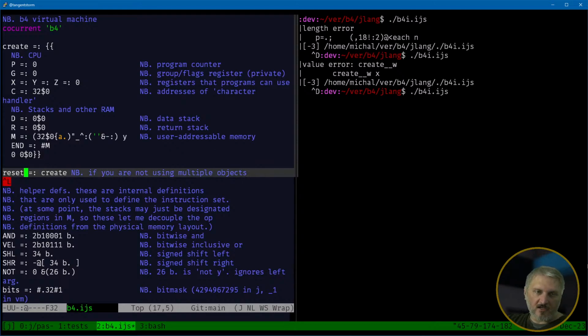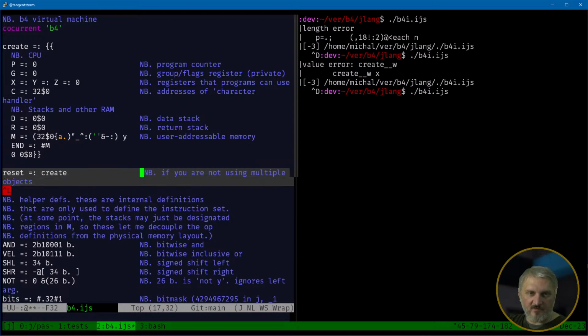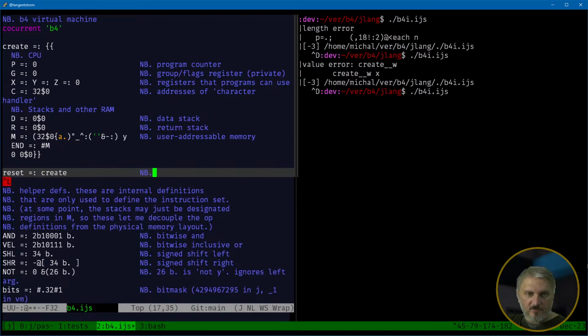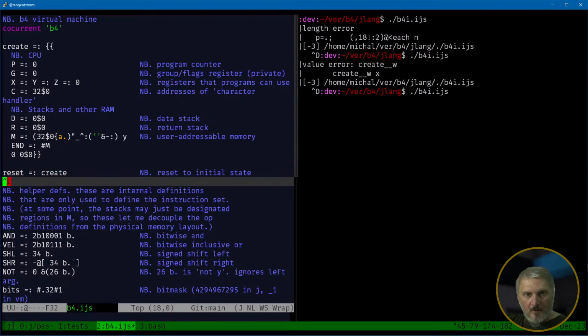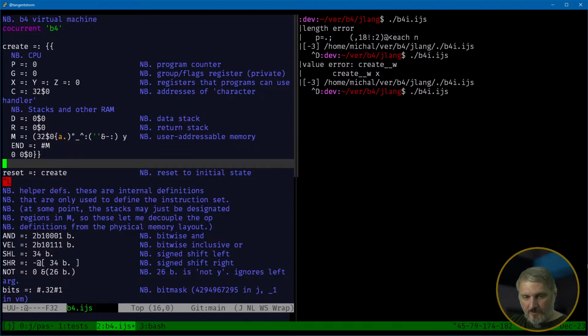Oh, I guess it really doesn't matter. Like if you have an object and you want to reset it, this resets it. So reset to initial state. And that way you could call it on an instance or on the real thing. I actually really like that about